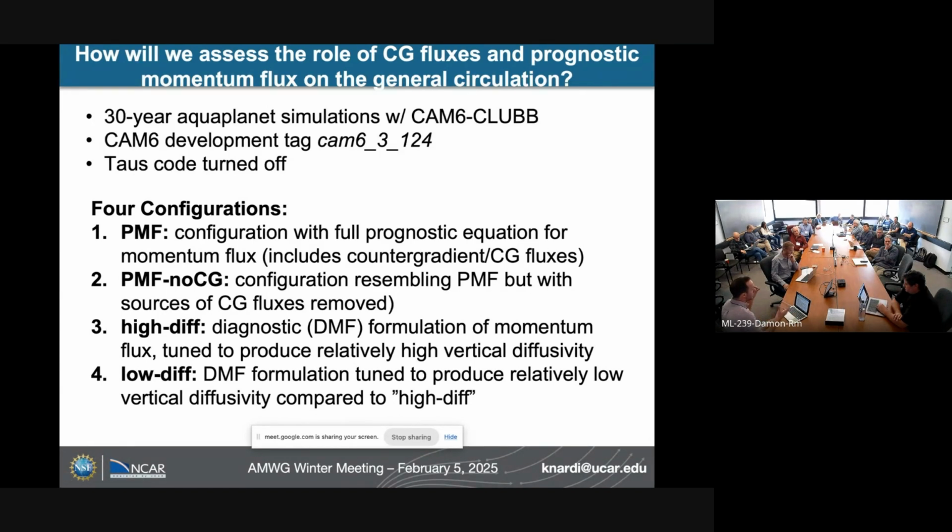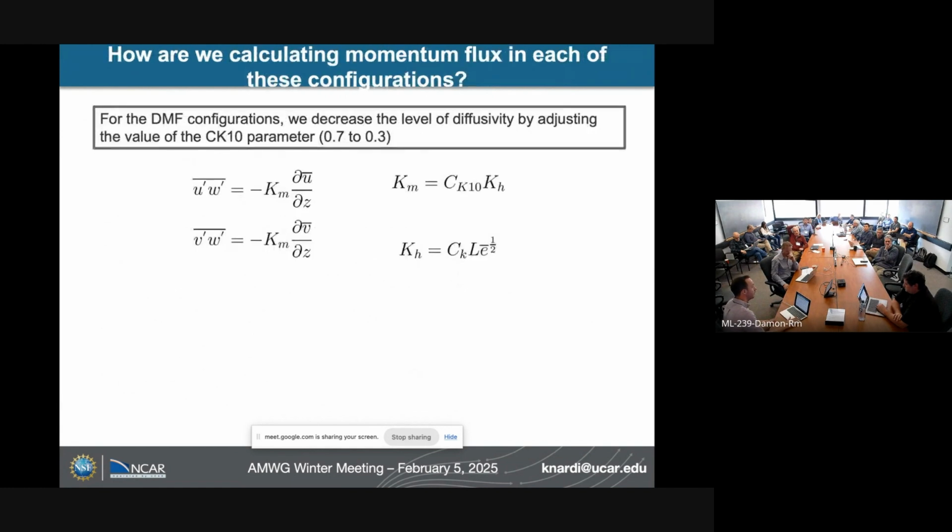We can compare and contrast how these 2 different methods of changing diffusivity affect the general circulation. Just as a review for the diagnostic momentum flux configurations, we are tuning this value CK10. For the high diffusivity, we're using a value of 0.7, and for the low diffusivity, it could be 0.3. That's going to feed into this diffusivity coefficient, which then goes into the diagnosis of